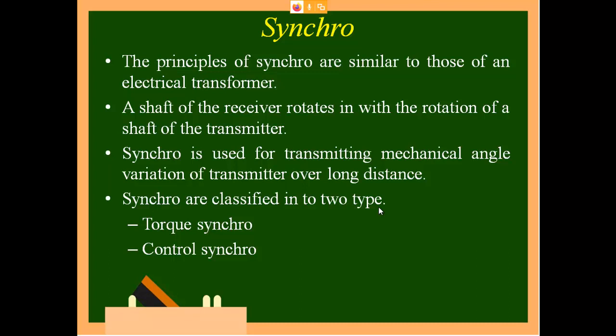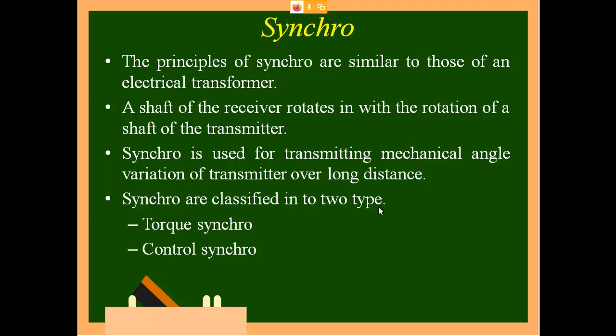So now here also you are able to do some sensing. Instead of using a prime mover, I will rotate my generator, so automatically something will be generated, and that will be transmitted over a long distance, and on the receiving side your motor will rotate. So the angle by which I rotate on this side, the same angle will be rotated on the receiving side. So in this setup you have one generator and motor connected. From the generator output you connect it to the motor. That is called a synchro.